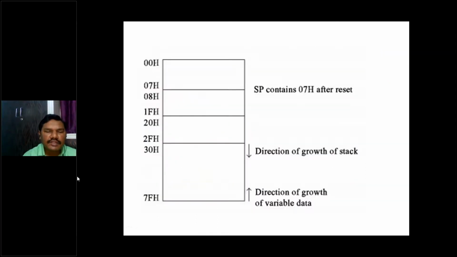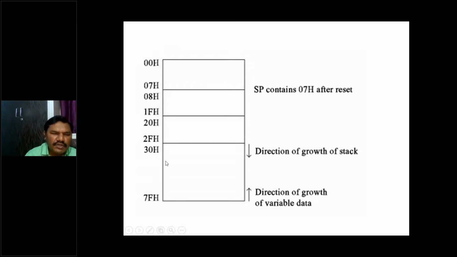Right. So here, 00 to 07 is for general purpose, because we generally use bank 0. You can use bank 1 also. If you use bank 1, then it goes to 30 to 7F. If you use only bank 0, then 08 to 1F are not used for anything else, so this is the stack memory location. That's why the previous memory location of 08, which is 07, is where the stack pointer points.